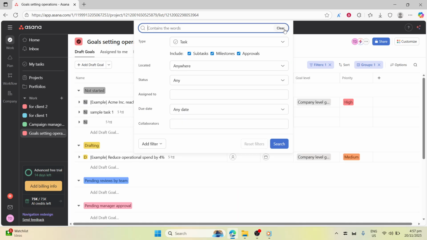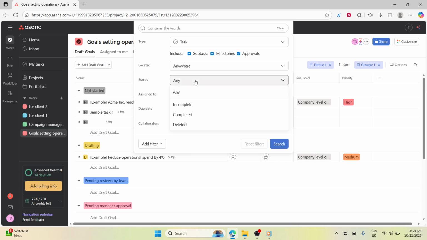Next, open advanced search. Click the search bar at the top. Depending on your layout, it might say search this view. Then look for the three dots or the more options button and choose advanced search. This expands the search panel so you can get specific about what you want to find instead of scanning through